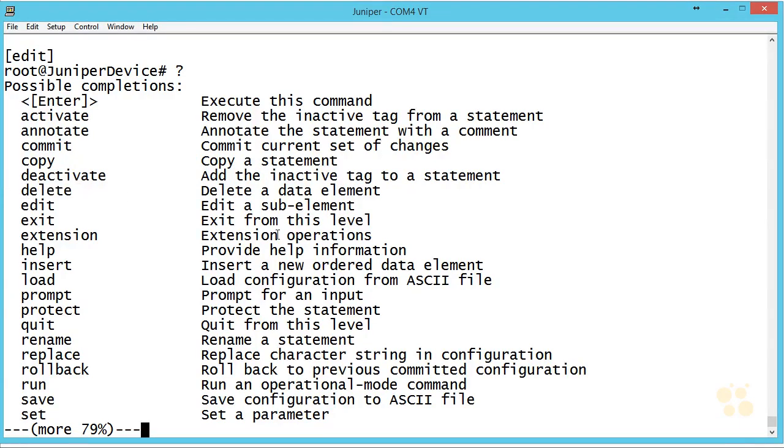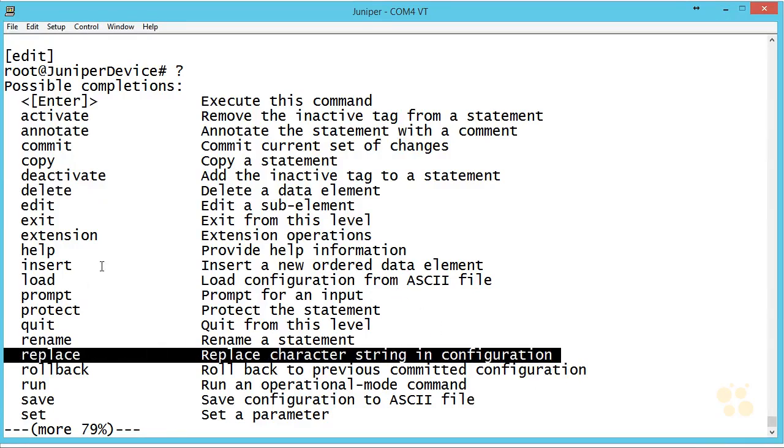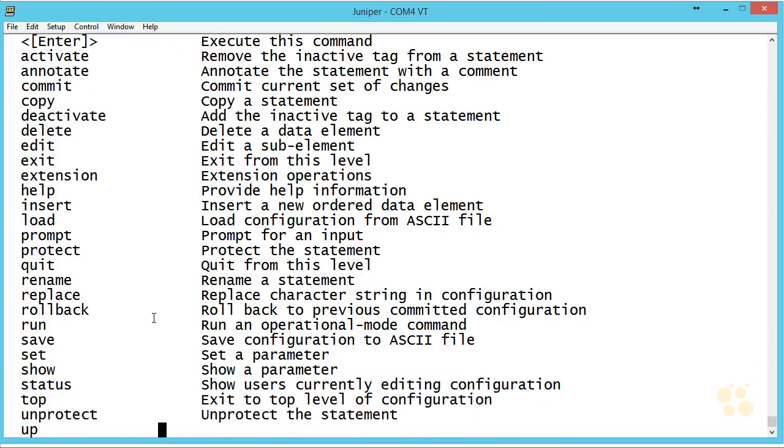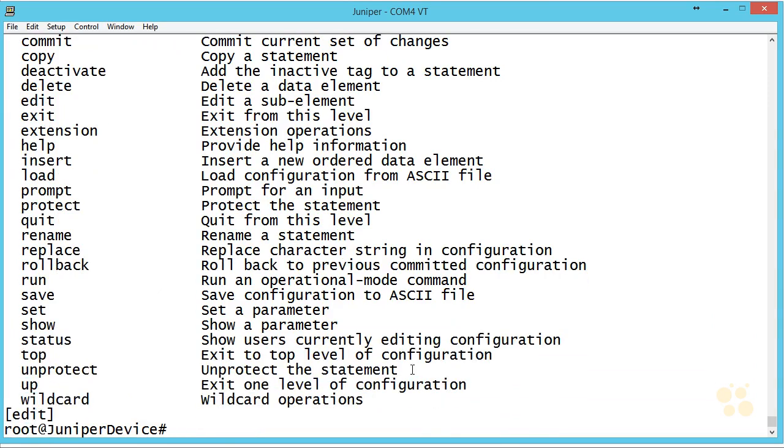We talked about delete. You could replace anywhere one particular string comes up in the configurations. Notice there's our rollback that we spoke of earlier. So quite a few excellent features for helping you be efficient when you are making a lot of configuration changes